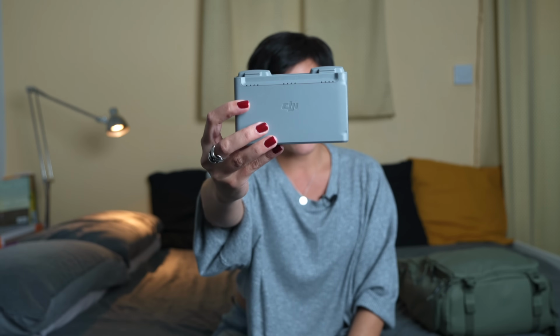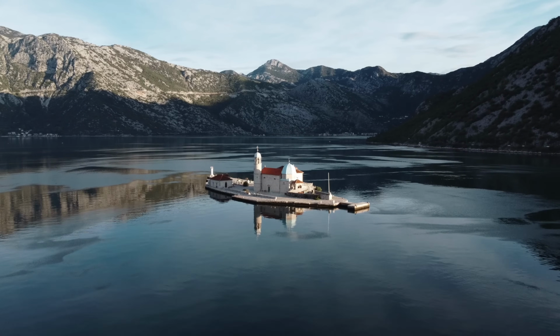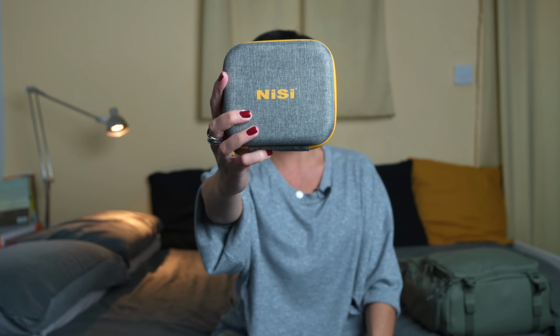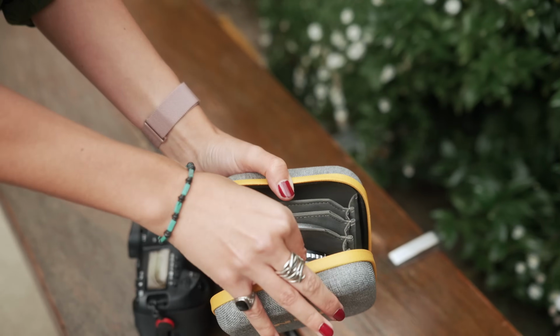The remote control for the drone, and the batteries as well. I have the battery pack, guys, because obviously with the drone you need 3 batteries at least, because they last like 20 minutes more or less. And then my Nisi filters, which maybe you saw in one of my videos, and I'm super happy with them